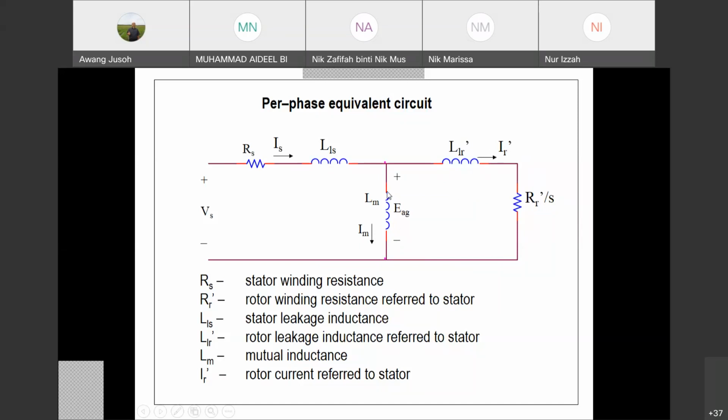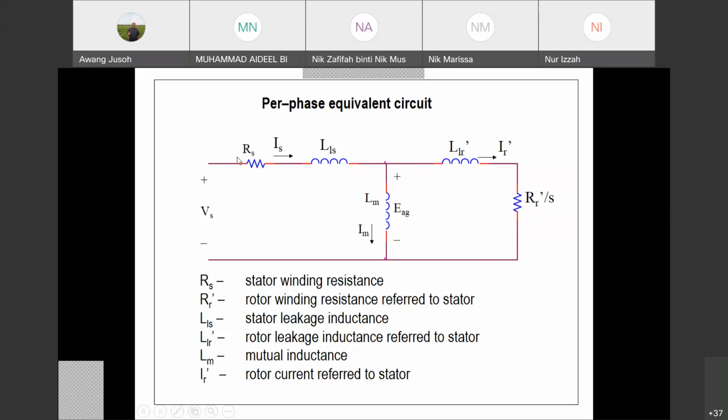Okay, so it's very important. The next job we have to do is to find the parameters. You need to find the RS, L1, LM, and so on. So we have to do the experiment, like we did in the machine lab. In the lab we do 2 experiments. The first one is the no load test, where we run our machine at no load and we can find some parameters. The second experiment is the blocked rotor test, from which we get other parameters. By combining these, we can calculate L1S, L1R, the LM, and also the RR, the rotor resistance.